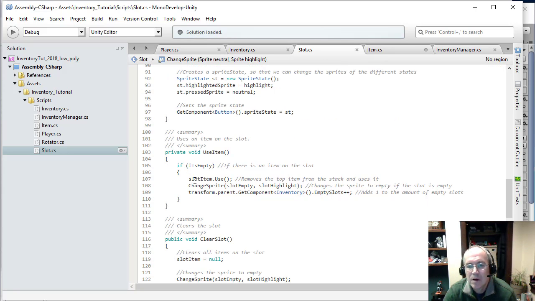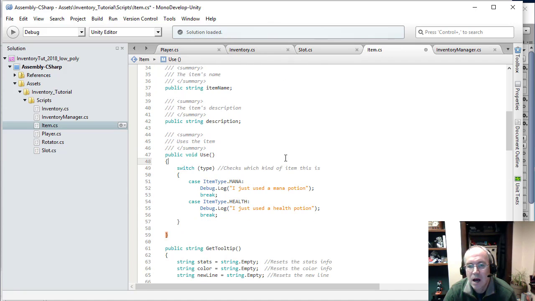When we use an item, we're going to call use for that item that's in that slot, and then we're going to change the sprite and empty the slot up here. So every item will have to have a use method. If we look back at items, they will have a use method here. And again, depending on what type, because this same item script could be attached to multiple different items,